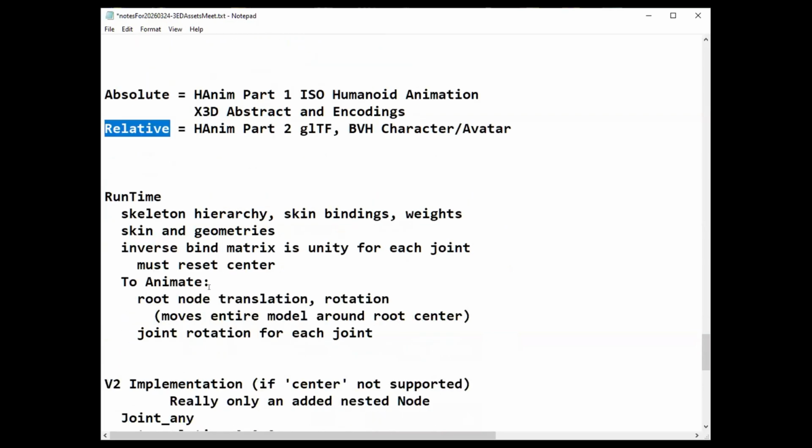The main idea is that when you animate, you can use a Unity inverse matrix, but you have to take care of the center.